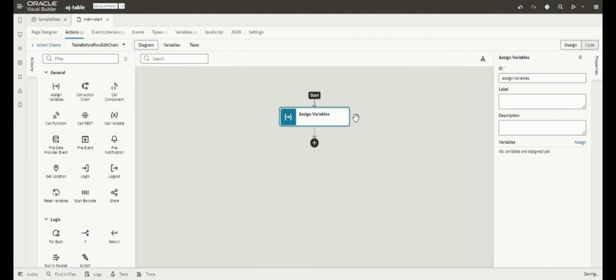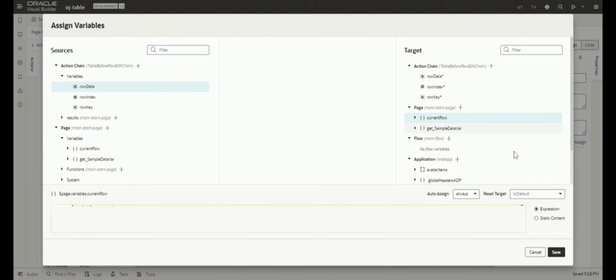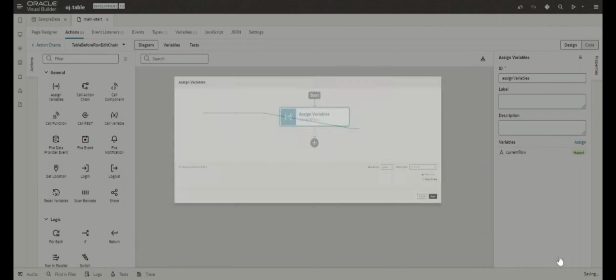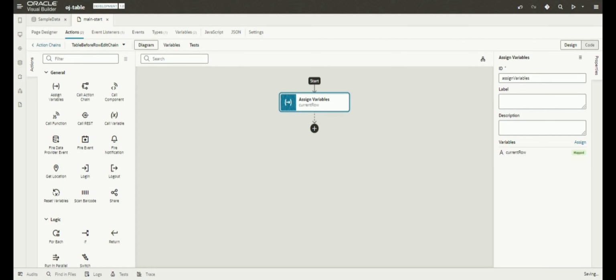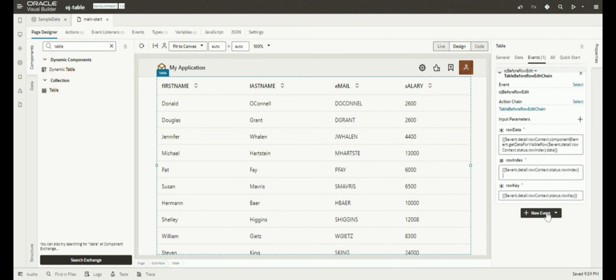Go back to the action and the variables, assign the row data to the current row. So this is the first event, table before row edit chain. And next is the event where I need to define what happens when the edit end is occurring. So OJ before row edit end